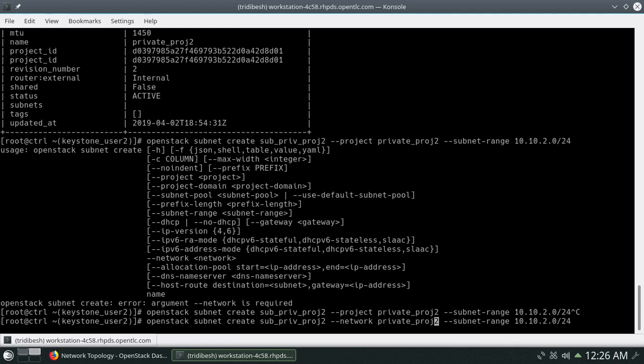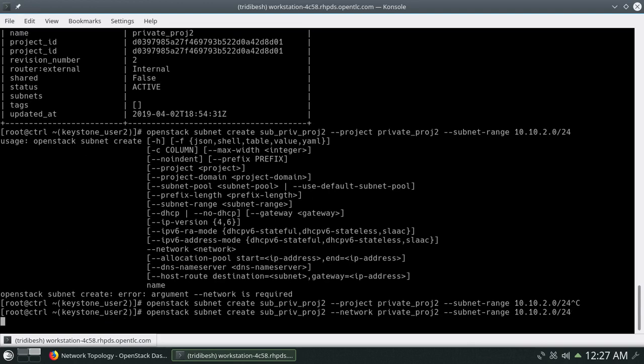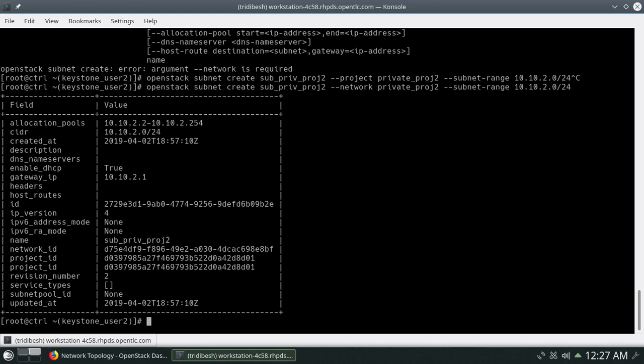So command will be OpenStack subnet create, then subnet name, then hyphen network, which network we are creating it under, and then hyphen subnet range, what range we are giving. So let's do this. Okay, so it created the subnet. So we have created the private network and we have created the subnet for that particular private network.